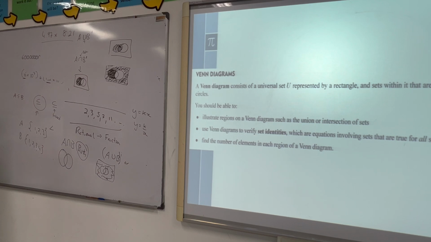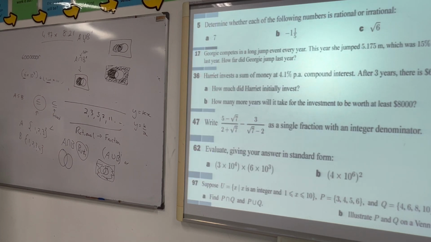Okay, so that's Venn diagrams, set identities. Okay, we know those. Okay, here are your questions. All right. These are the ones I think